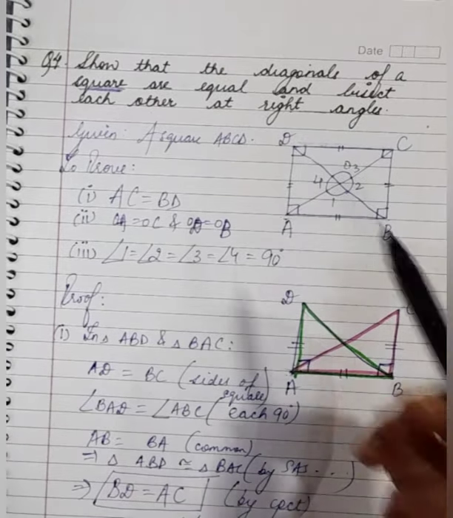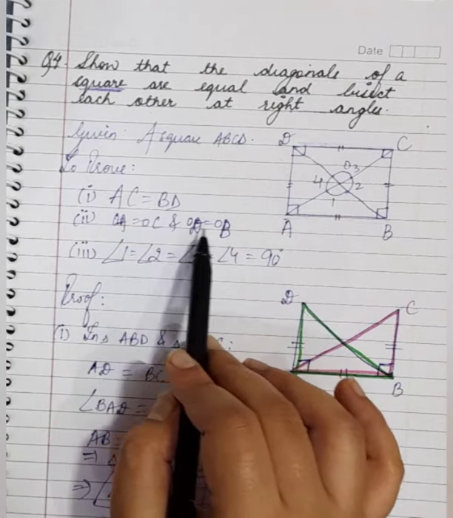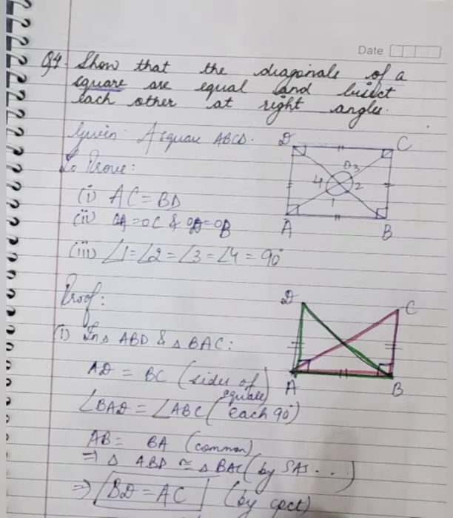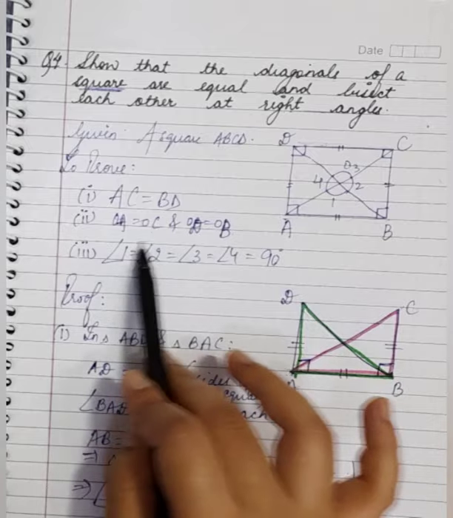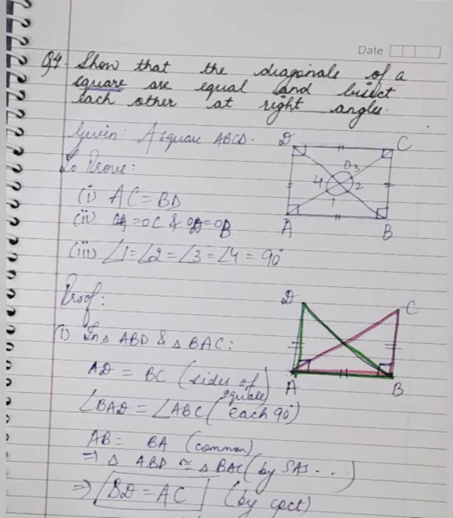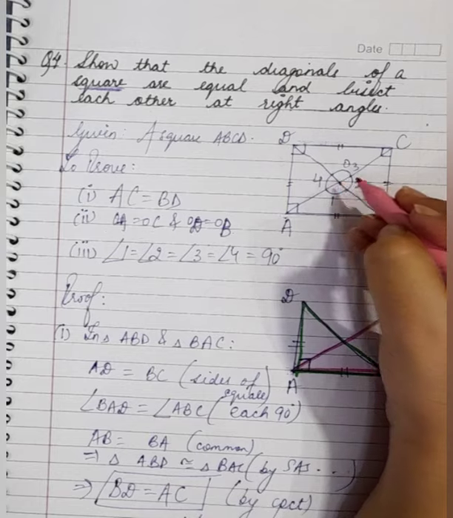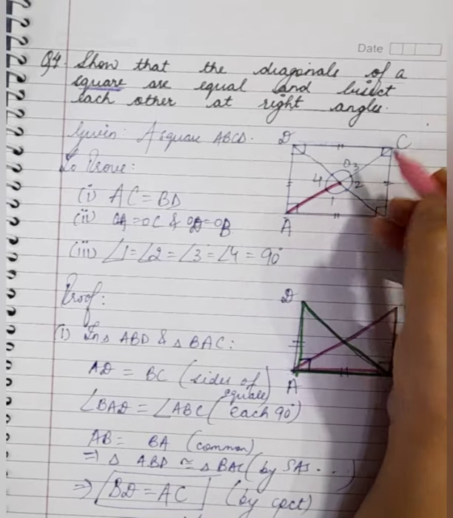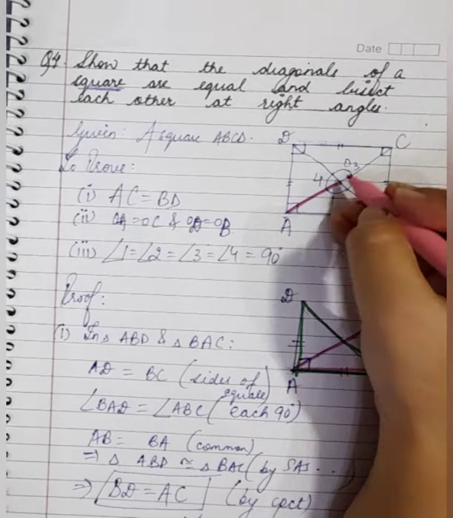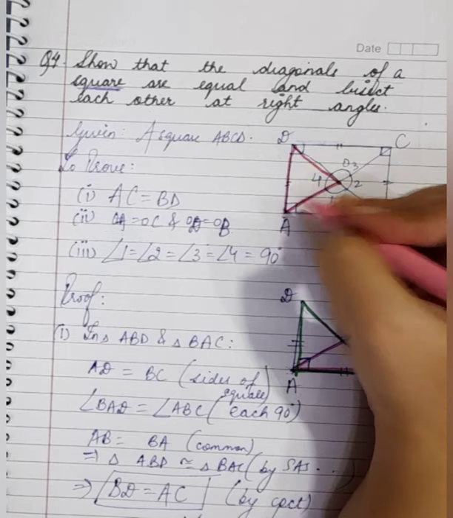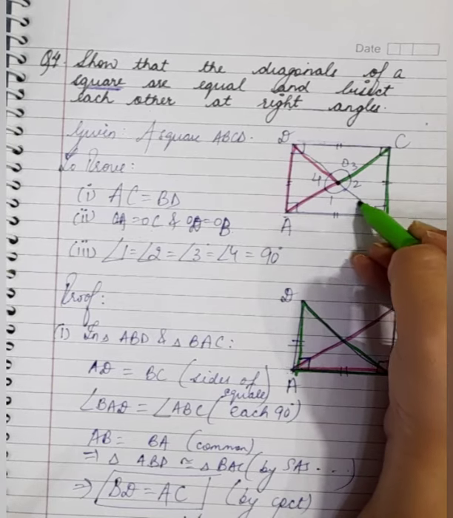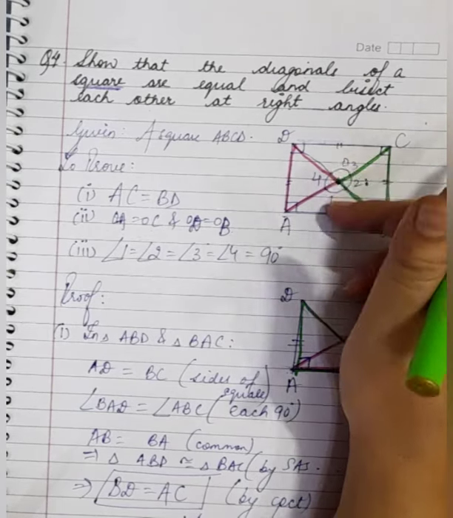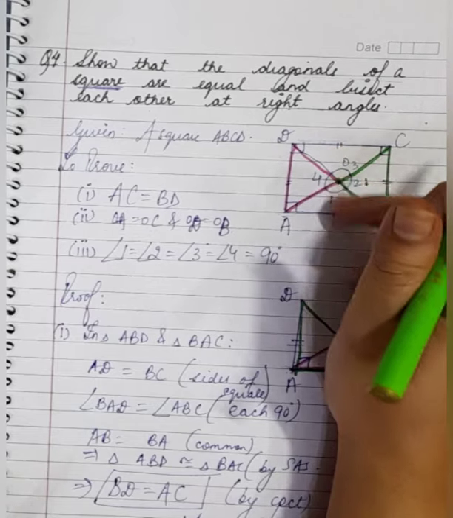Now the second part is OA is equal to OC and OD is equal to OB. Now if you remember, I have already told in my previous video, whenever you are supposed to prove that diagonals bisect each other, you are supposed to prove here OA is equal to OC and OD is equal to OB. So you will always take these two triangles, that is what I call a butterfly. You can take these two triangles, or you can take these two triangles also and prove them congruent.